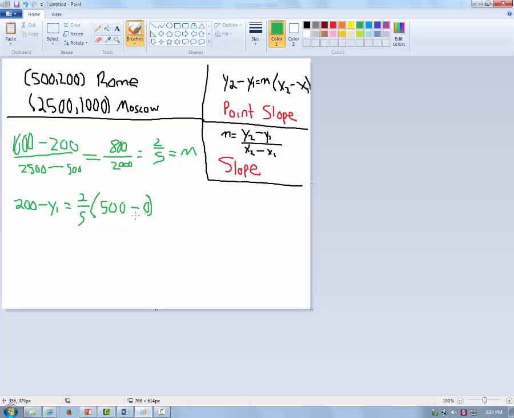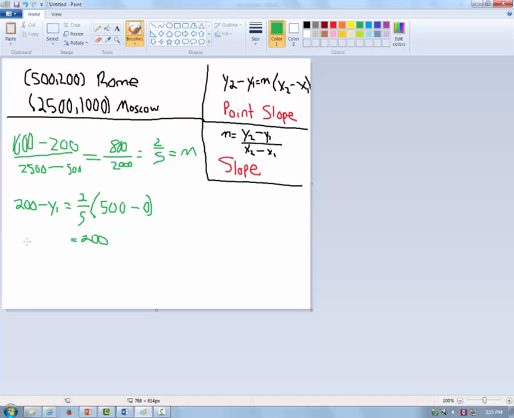So this is the point 500, 200, which is right there. We don't know the y-coordinate of the y-intercept, but we do know the x-coordinate is always going to be x equals 0. So now we'll just have to do some regular algebra to find the answer for y1. So 2/5 of 500 would be 200, some simple math. So 200